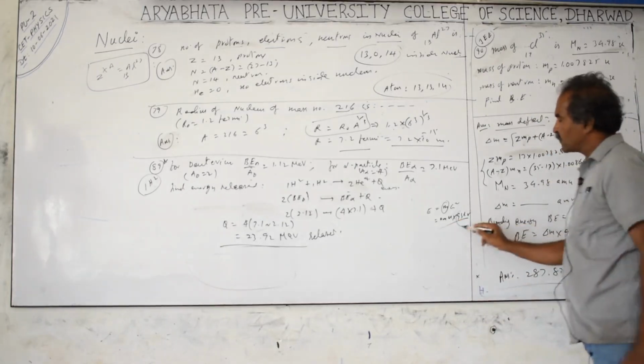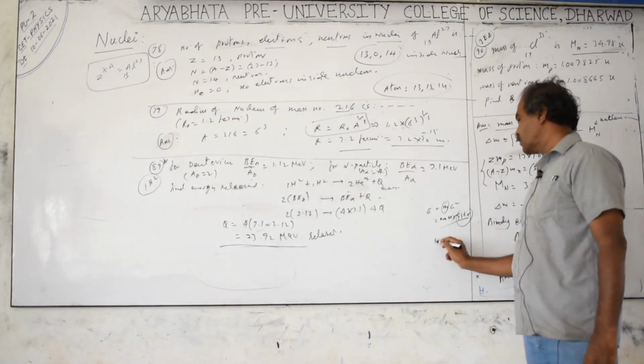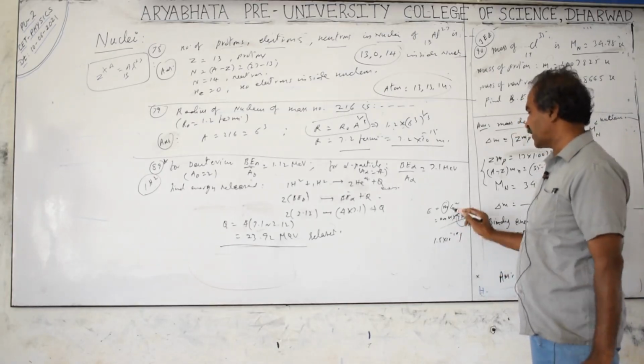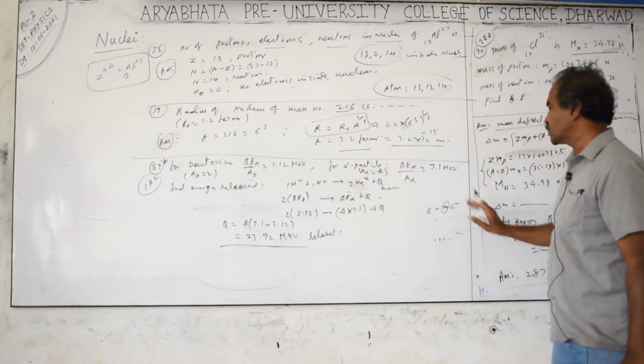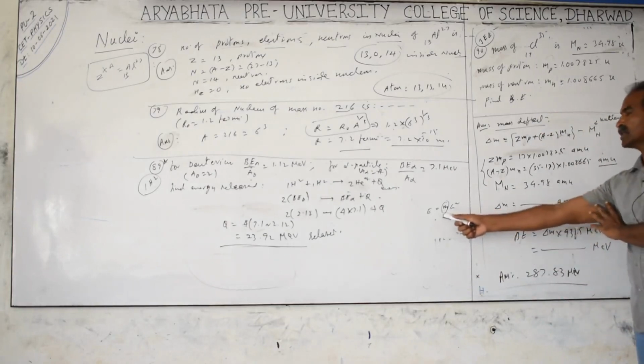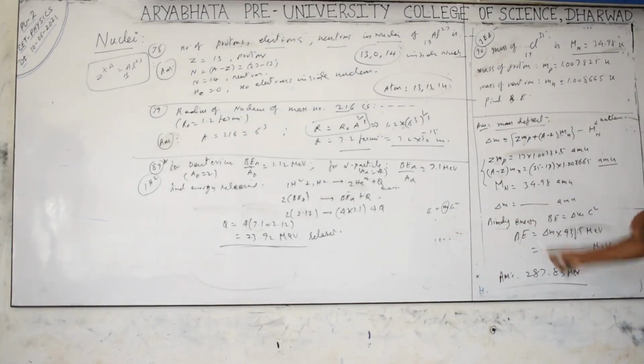Million electron volts you can convert into joules also. This value is also equal to 1.5 × 10⁻¹⁰ joules, that is the value of 1 AMU. So if they give in AMU, don't use c please. If they give kg, you use c or c square for the energy calculations. If you use c square, you will get the answer in joules. If you multiply by 931.5, you will get it in million electron volts.